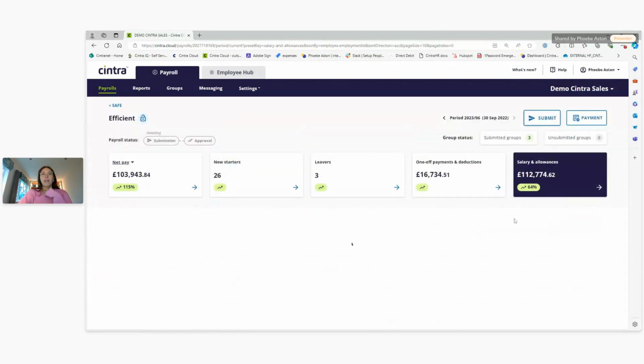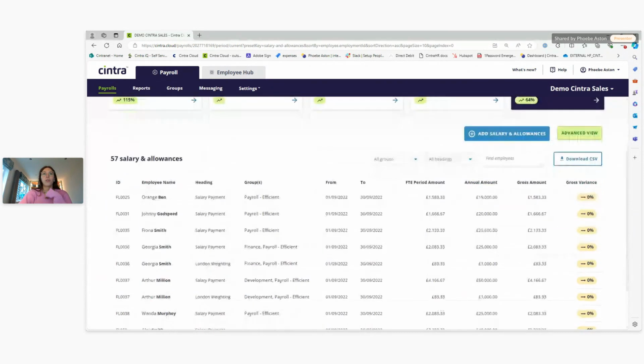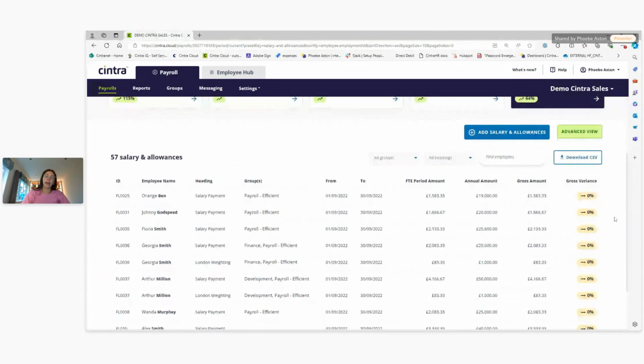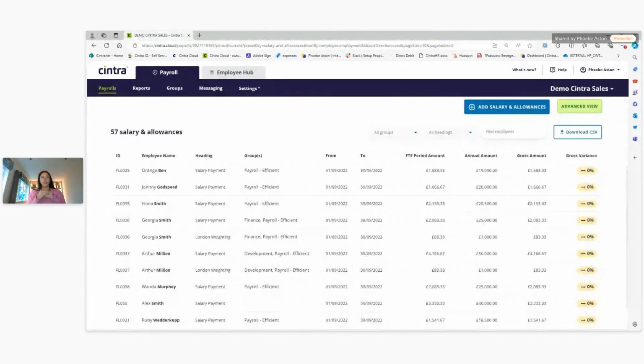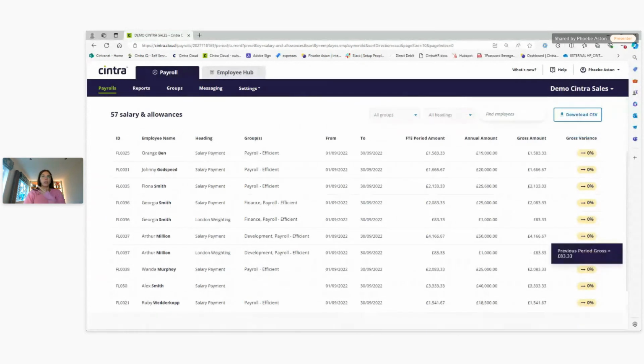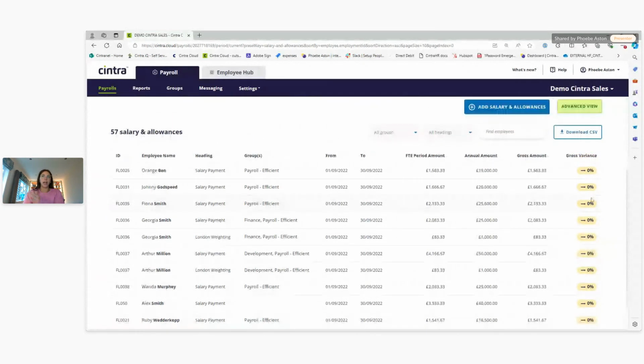If we then look at salary and allowances, this is going to show all of your dates, the FTE, the amount and the gross period, and your variance. The variance is just a really nice way to quickly check if this is as it should be. So obviously, if you had no incremental pay or no change, these should all be zeros. So if you can quickly see anything that's got any variance, you know something might be amiss there before we